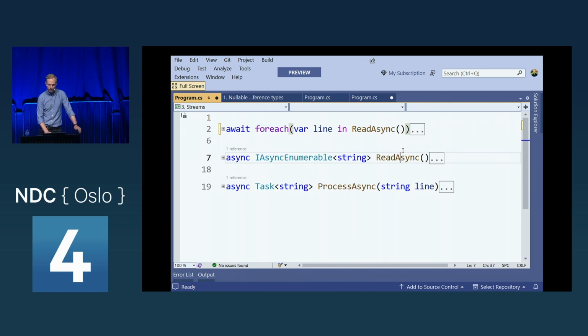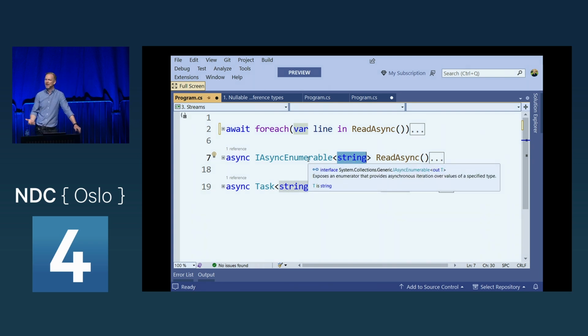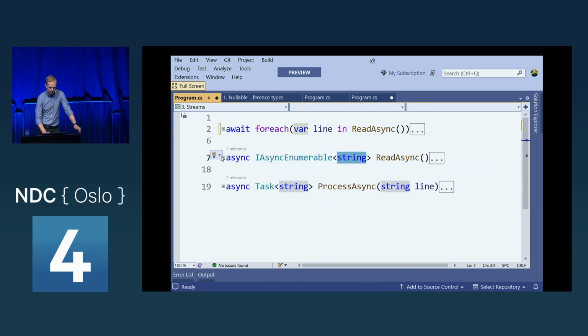I have a method called ReadAsync, which is going to produce an IAsyncEnumerable of string, which means that it can give me strings on the fly. Basically, it could be retrieving them from a message bus, let's say an Azure message queue. Could retrieve them from a disk, memory, whatever. Doesn't matter. The idea is that I get one element at a time. I don't know how many I'm going to get, but as soon as I get the elements, I'm going to be happy. And this is, of course, marked as being async.